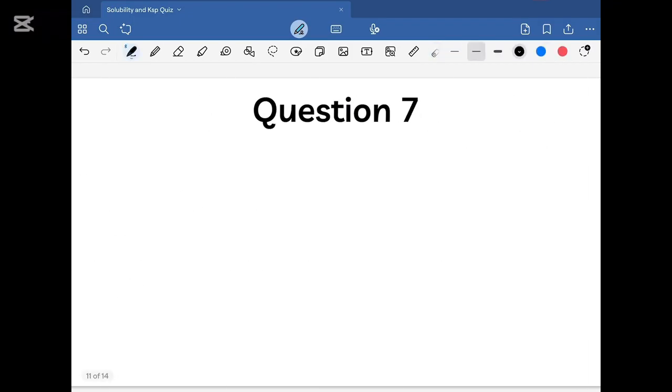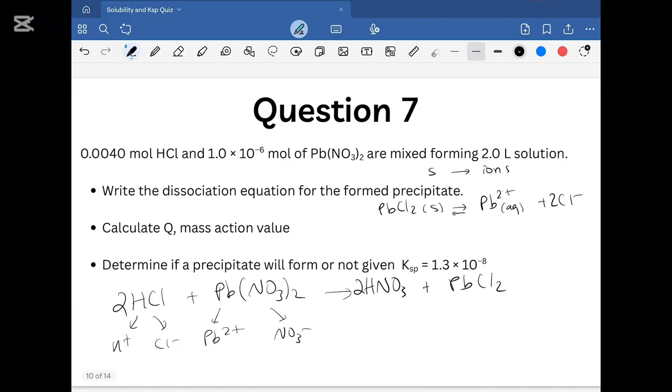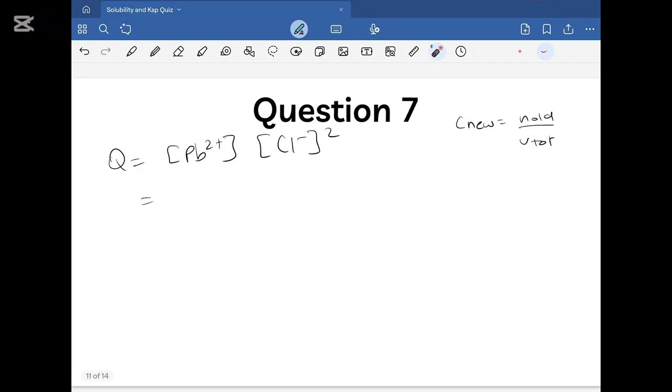So Q is going to be equal to Pb2 plus multiplied by Cl minus to the power of 2. Now for Pb2 plus, I'm going to also use the formula C equals n over V total, since they gave me over here the number of moles. Now Pb2 plus, the source of Pb2 plus is Pb(NO3)2, which has the number of moles of 1 times 10 to the power minus 6, and a V total of 2 liters of solution. So Pb2 plus, I'm going to substitute n by 1 times 10 power minus 6 over